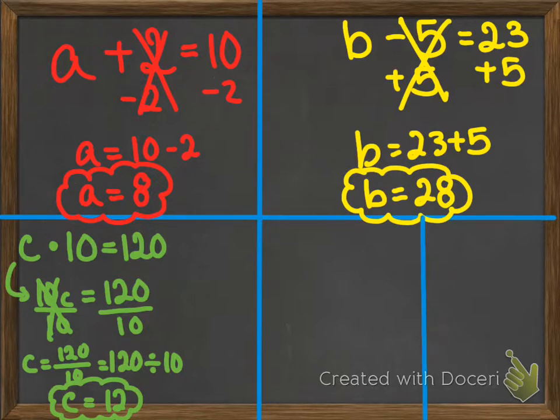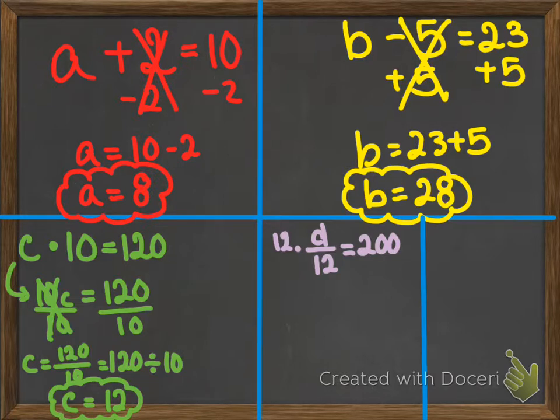So the first one will be if your variable is in the numerator. So this would be like D divided by 12 equals 200. Well, how do you get that D by itself? You're gonna multiply both sides by 12, because the inverse operation of division is multiplication, so we're going to multiply both sides by 12. Now you'll notice I kind of write it up in the numerator spot,